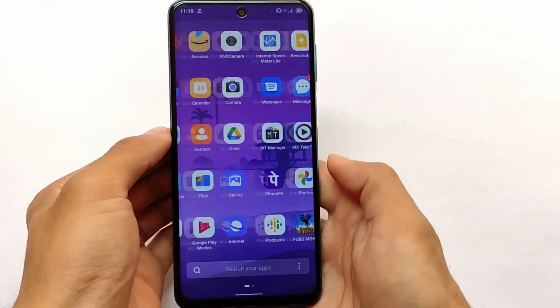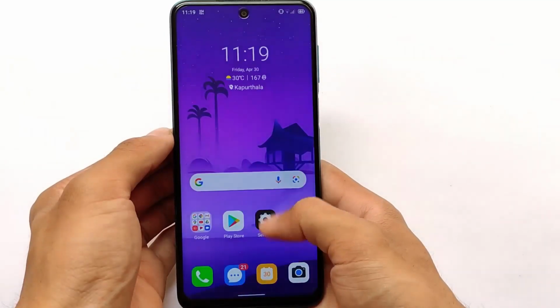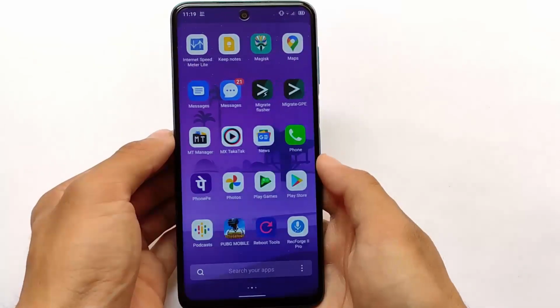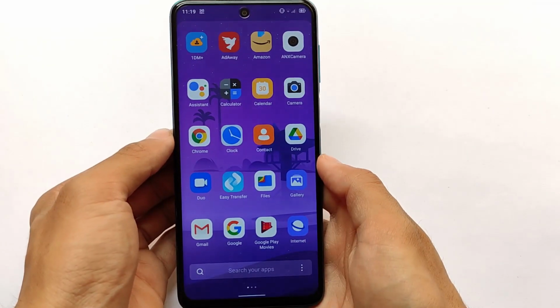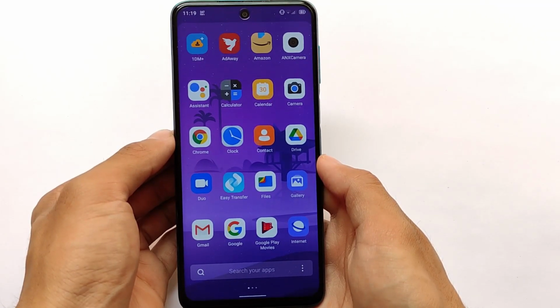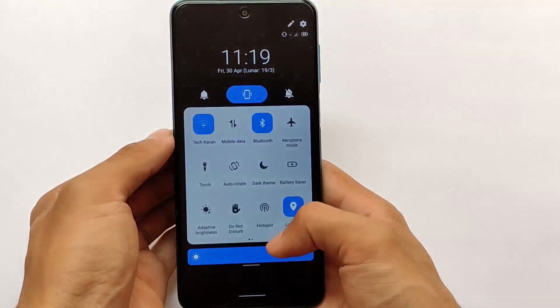It comes with this kind of old launcher, or you can say this kind of app drawer, which we were getting maybe 3 or 4 years before. This kind of app drawer, these icons of course can be customizable, but default things you get here like this. The smoothness etc seems to be good here.